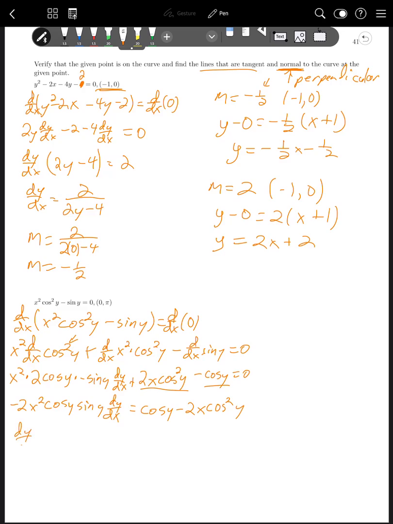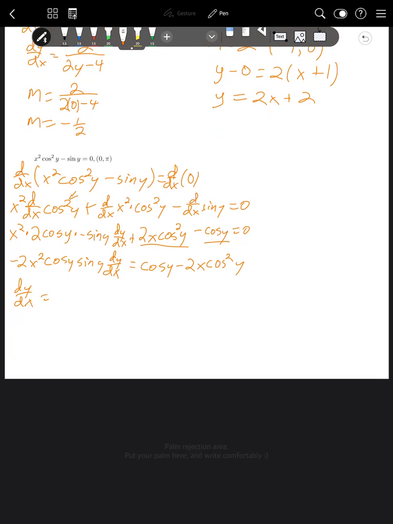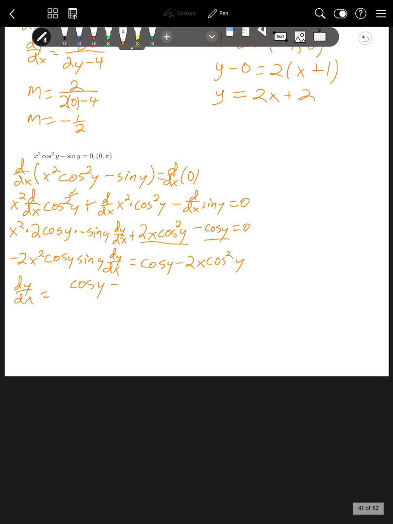So dy dx equals cosine y minus 2x cosine squared y over negative 2x squared cosine